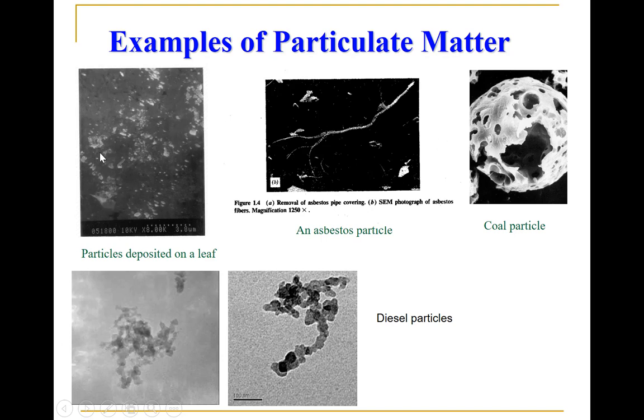In this slide, we can see different types of particulate matter under a microscope. Here we can see particles that are deposited on a leaf surface. Here we can see an asbestos fiber in the air. This is an example of a coal particle in the air, and you can see after coal is combusted, the particles are very fluffy and more spherical in nature. These 2 images on the bottom are examples of diesel particles. You can see that small diesel particles get agglomerated together to form diesel chains, and together they get lodged into your lung tissue as combined diesel agglomerates.